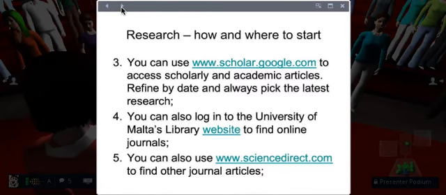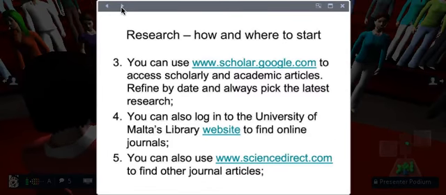So when you have these journal articles that have been reviewed by other experts, that is when you start having more valid references in your work. I use Google Scholar very much. Google Scholar is a great academic tool. You type scholar.google.com. You can also filter your results. You type the keywords inside the search bar, and then you start getting results in terms of PDFs, papers, journal articles. So I find Google Scholar extremely useful.